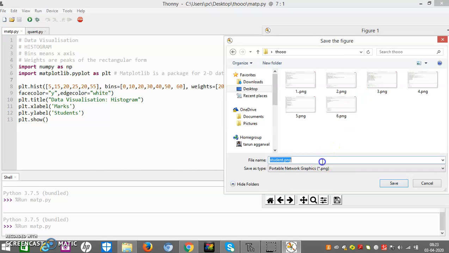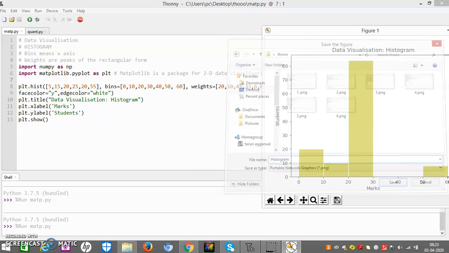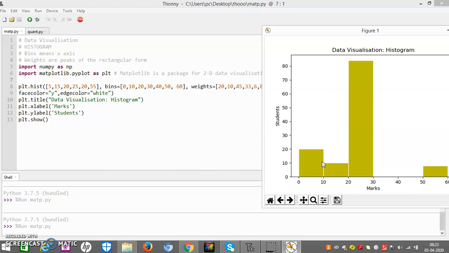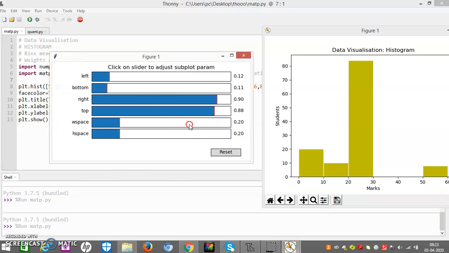I will save it as histogram. That's it, now my figure is saved. Whenever you want to see it, you can. If I click on this, reset to original view, this is back, this is front. This is for zooming, and this is for configuring subplots. We can consider these by default.